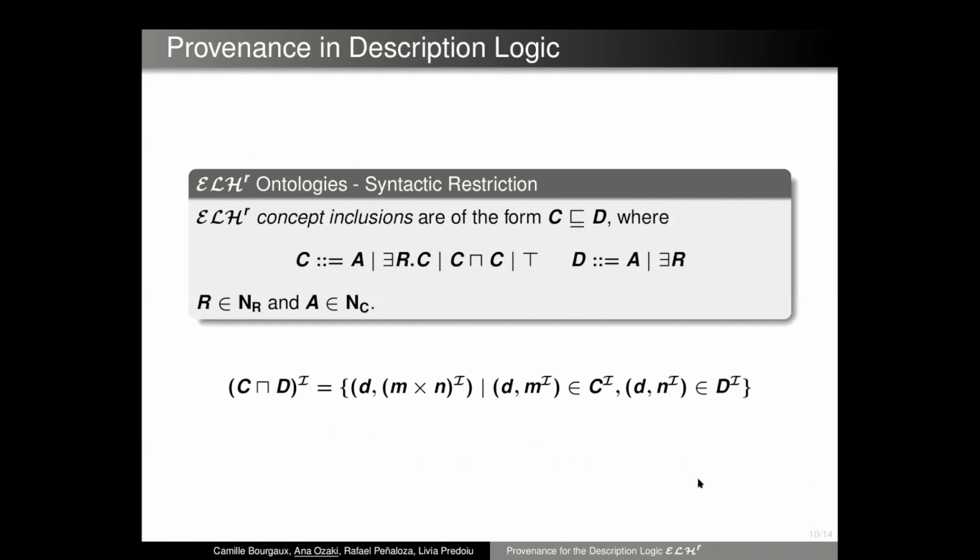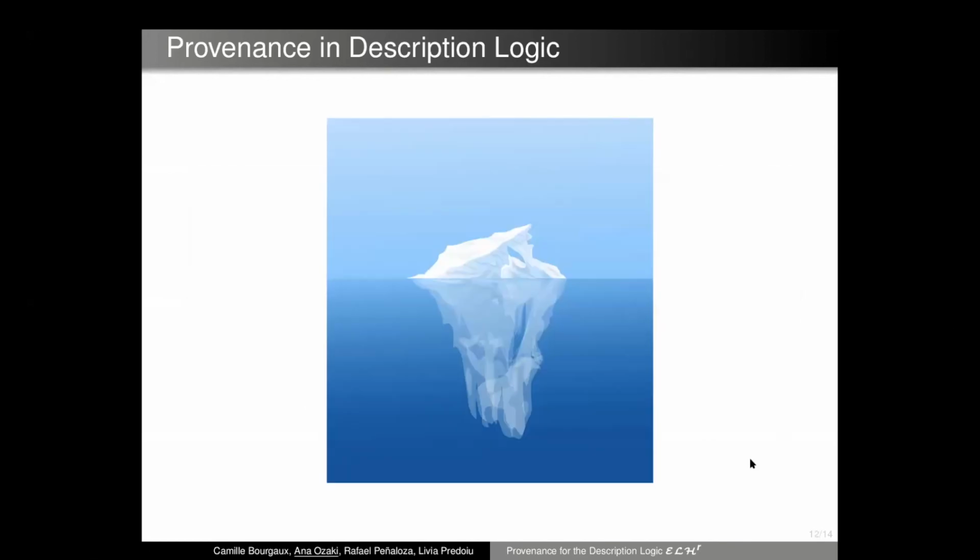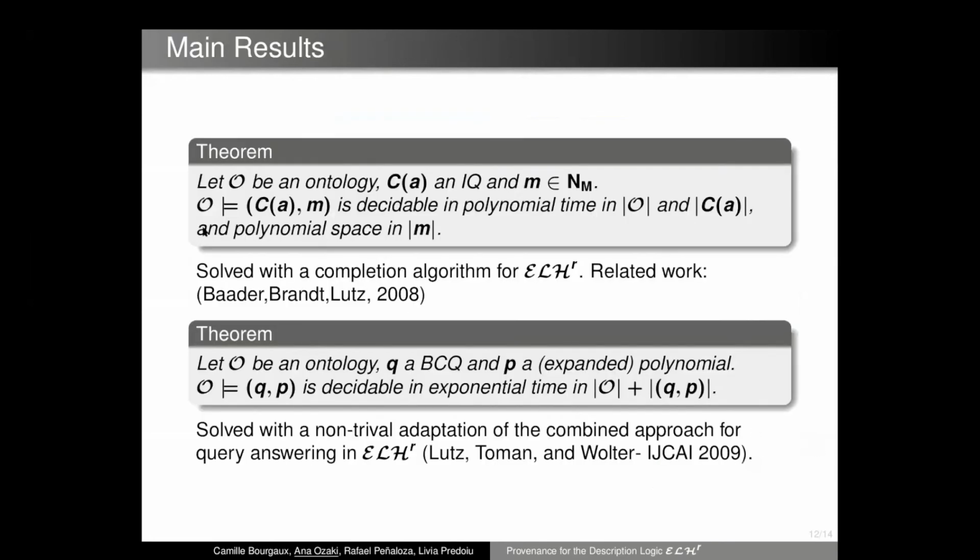And a similar situation happens when we have conjunctions. Again, this is also a problem that did not show up in a previous work when we were looking into the ELHr. So this picture is just to illustrate our impression when we were considering this problem. Initially we had the ELHr and lots of things worked, and when we considered this extension, the problem got more complicated in different ways. Our main results in this work are essentially complexity results for deriving